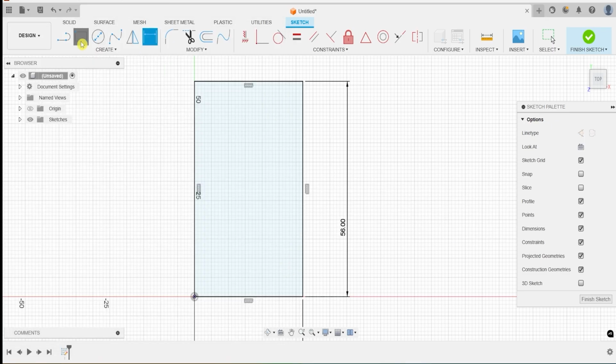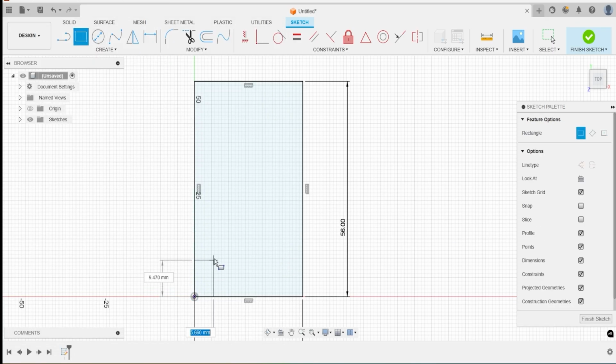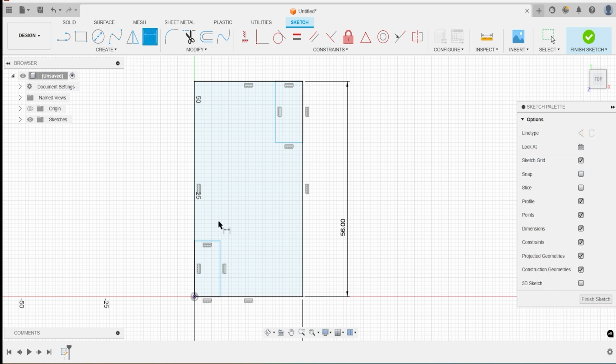Again select a rectangle, start from this origin and start from here also. Click on sketch dimension. This length is 16, 8, 16, 8,